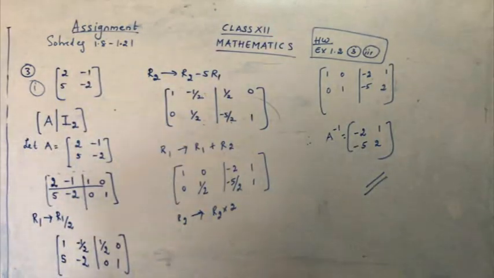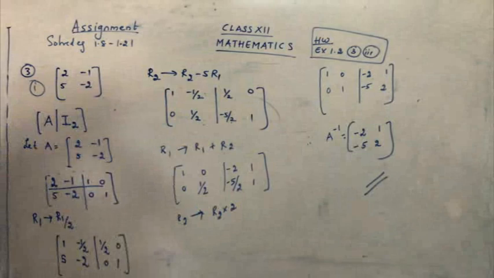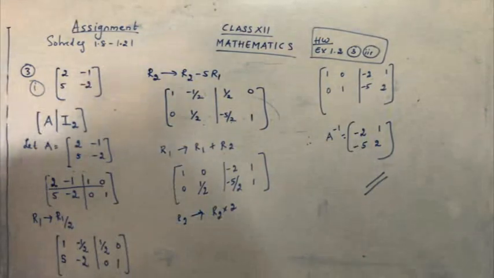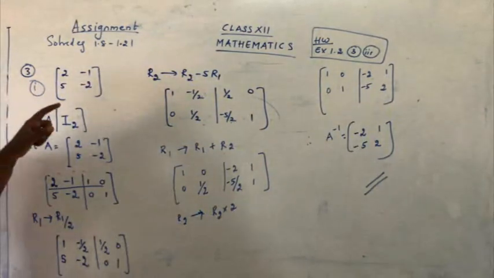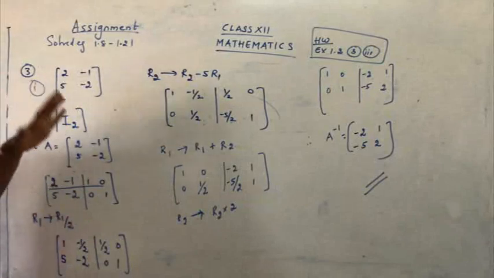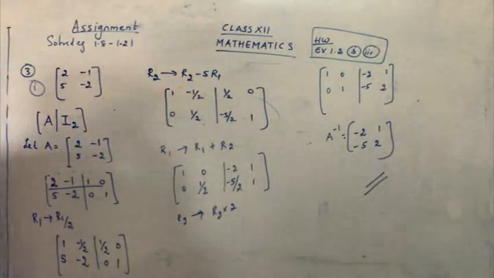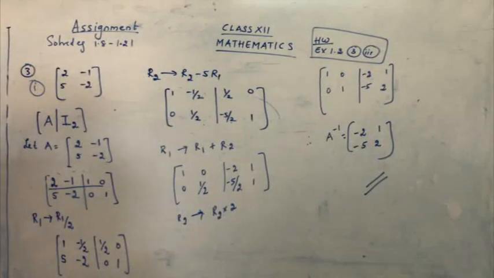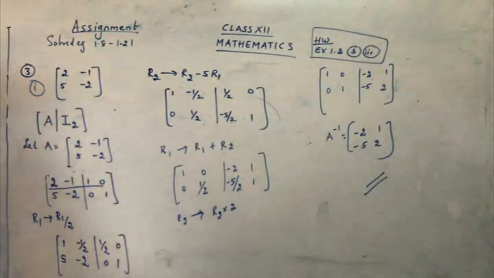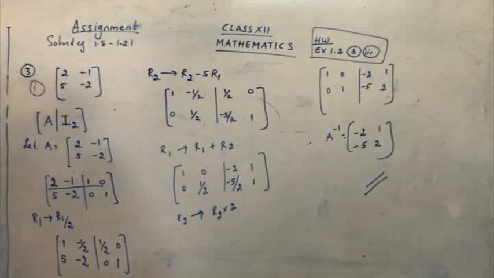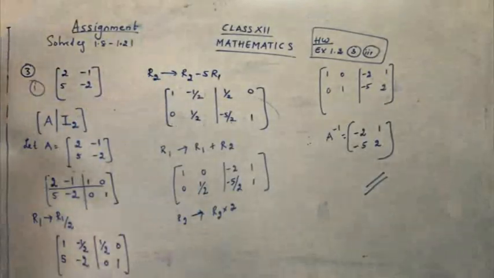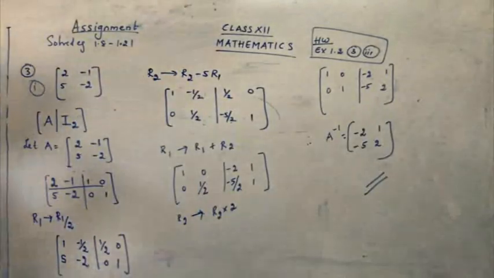So write the question. In the textbook they have given some answers directly, but I want you to do it step by step, and wherever calculation parts are there, try to solve the calculation part in the rough work. So you have to show. When you go step by step, the sums will be clear to you. I hope the assignment work is clear to you. So what's the assignment work, children? It's solved example 1.8 to 1.21.